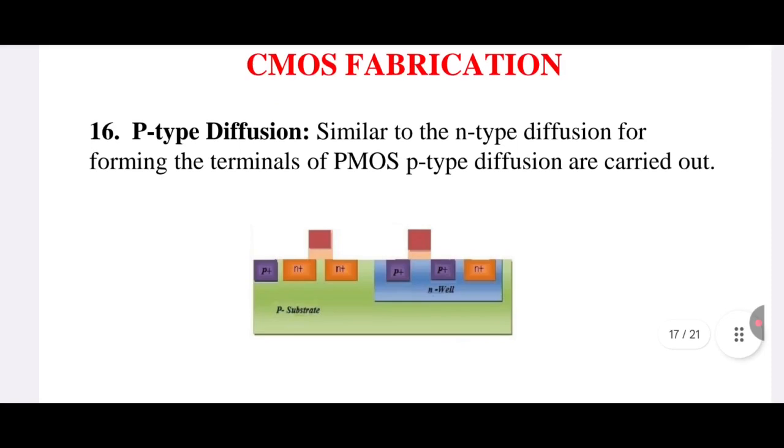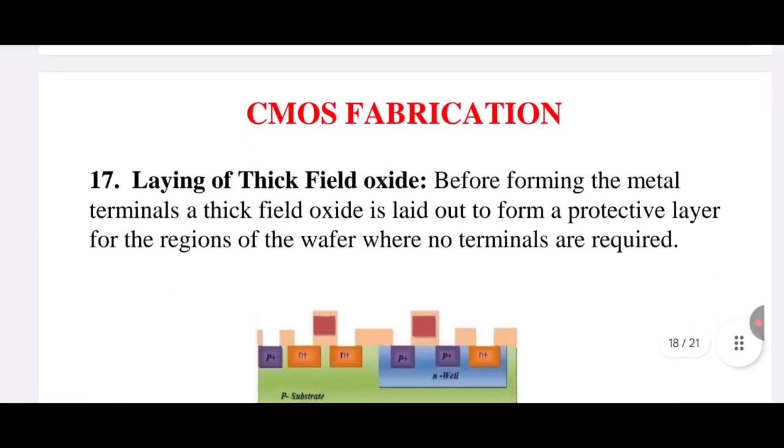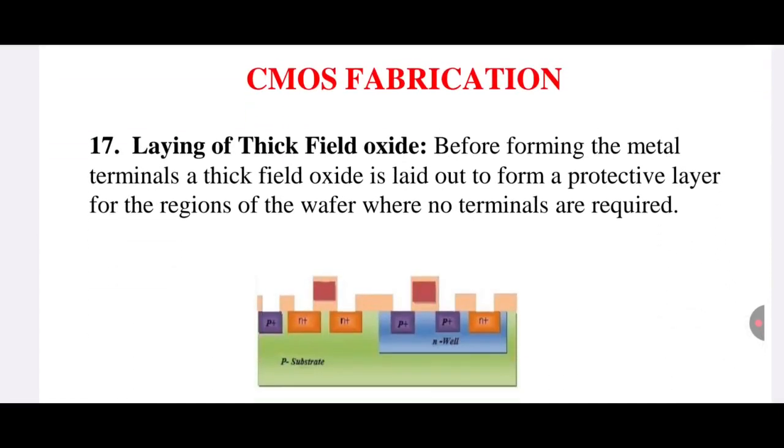So we are going to repeat a few more steps such as masking, and then P-type diffusion is carried out. Here we are going to fabricate the P-type drain and P-type source, and then the P-type substrate connection. And then for better protection and avoiding contamination, we need to once more form a thick oxide all over